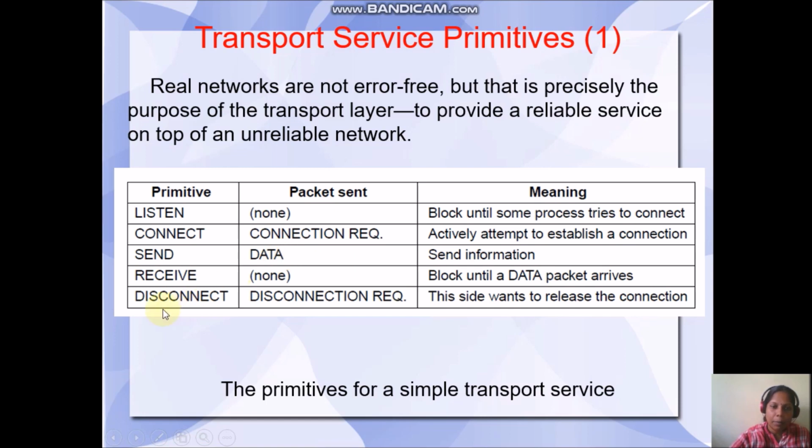Now upon completion of transferring data between client and server, disconnect. It is a disconnection request. So from the client side, we want to release the connection. So these are the transport service primitives that are required for establishing a connection between client and server and transferring data.